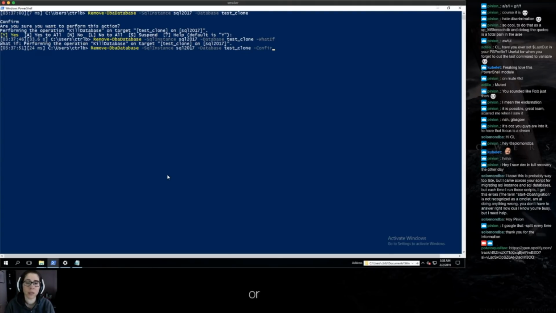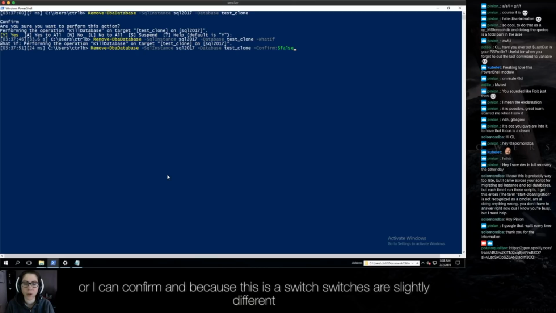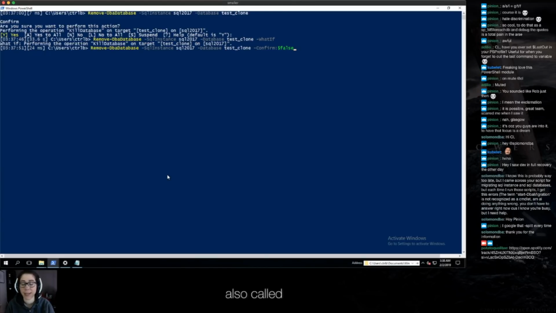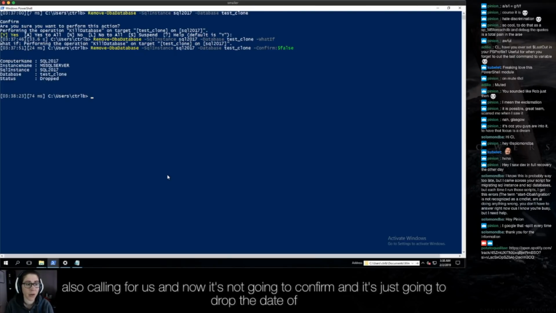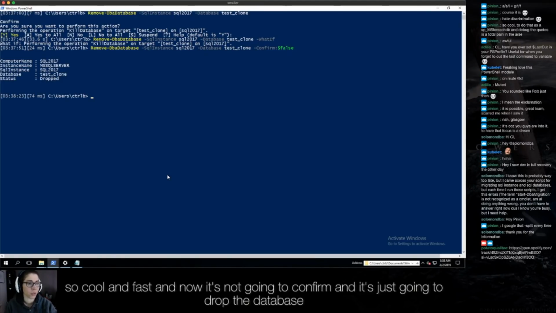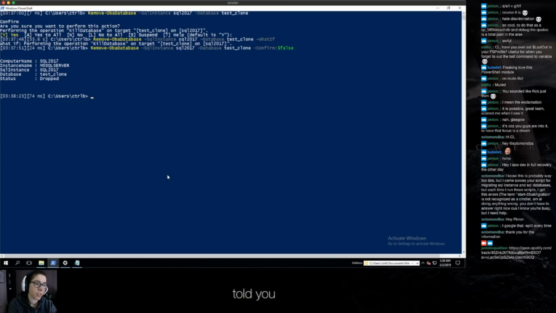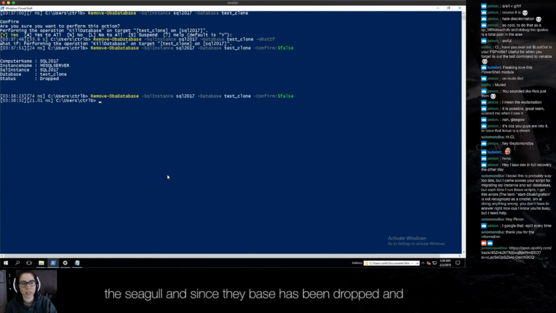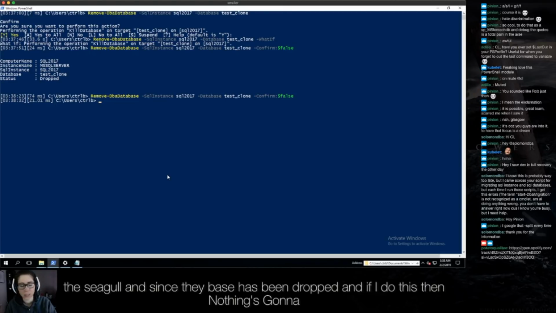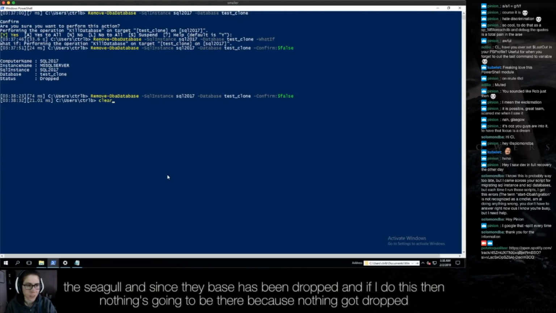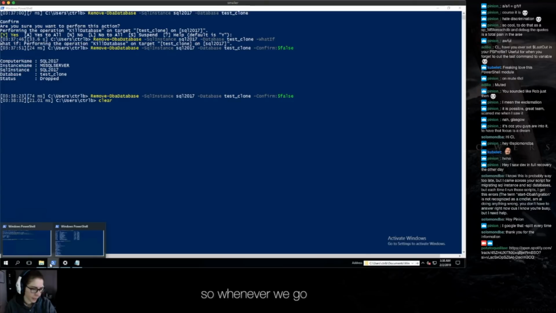Or I can confirm, and because this is a switch, switches are slightly different. You do colon false, and now it's not going to confirm, and it's just going to drop the database, right? So it told you, here's the SQL instance, the database has been dropped. And if I do this, then nothing's going to be there because nothing got dropped. So whenever we go back,